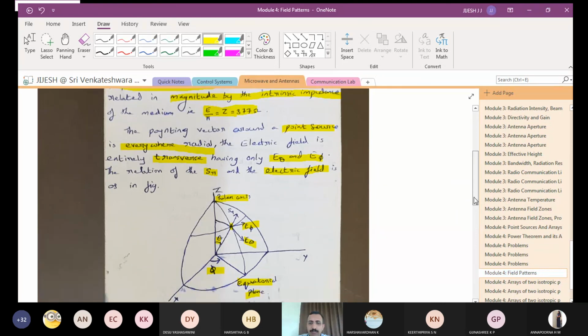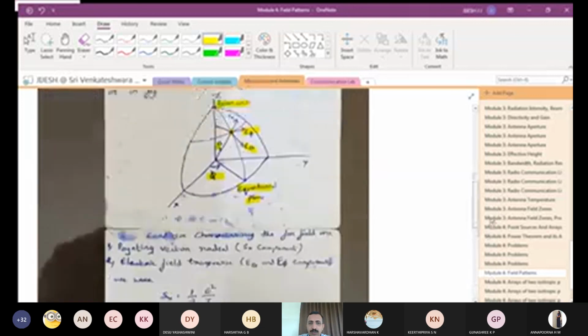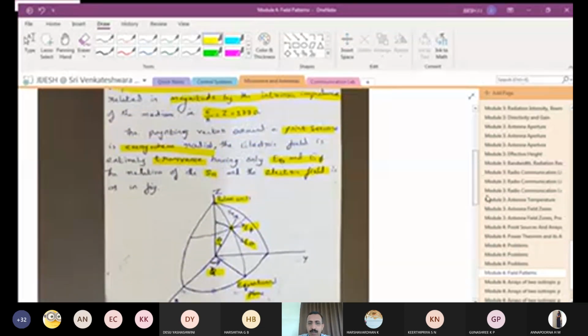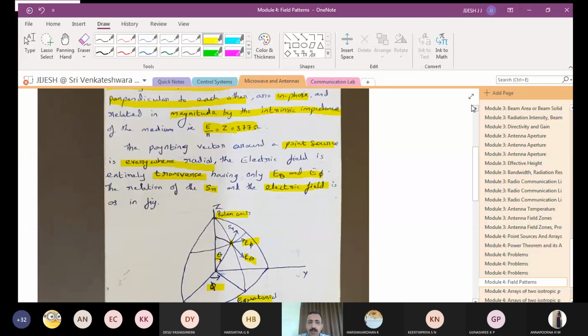We need to study a few more things, all these equations and all. We are almost done with the time, so we will not extend it further. Make a note of all these things today, with this diagram, and we will move on to understand more about the field pattern in the next class. I will wind up here for today. You can complete all these things, and then you can leave the meeting.